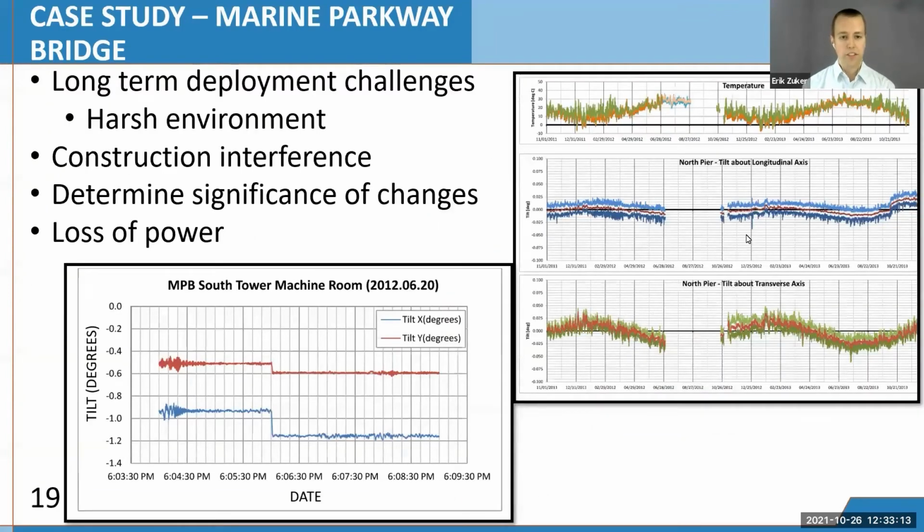There were a number of challenges in implementing this. The first was that it was a somewhat long-term deployment. The goal window was 2 to 3 years. And so while it doesn't quite fall into the permanent range, it's also not a short-term deployment. So we had to thread that needle of making a robust enough system to last that amount of time. The environment was harsh, as the sensors were exposed to the elements, were very nearby salt water, and there was ongoing